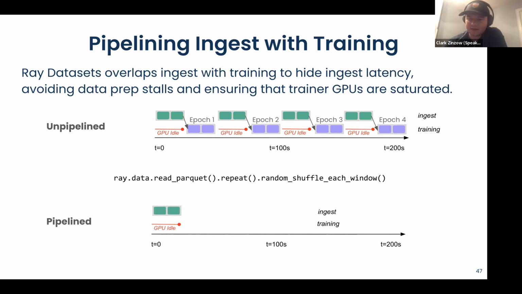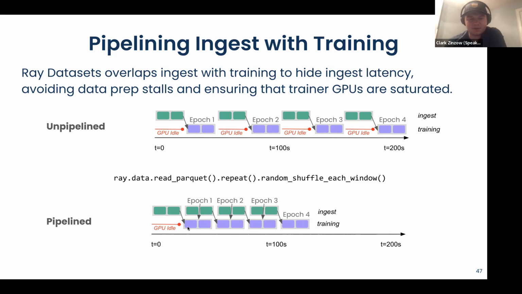Basically, we have to take the hit for the first epoch because we've got to ingest the data. But once we start training on the first epoch, we start doing ingest for the second epoch at the exact same time in parallel. If your ingest throughput is the same or higher than your training throughput, you will never see any idle GPU time after the first epoch.